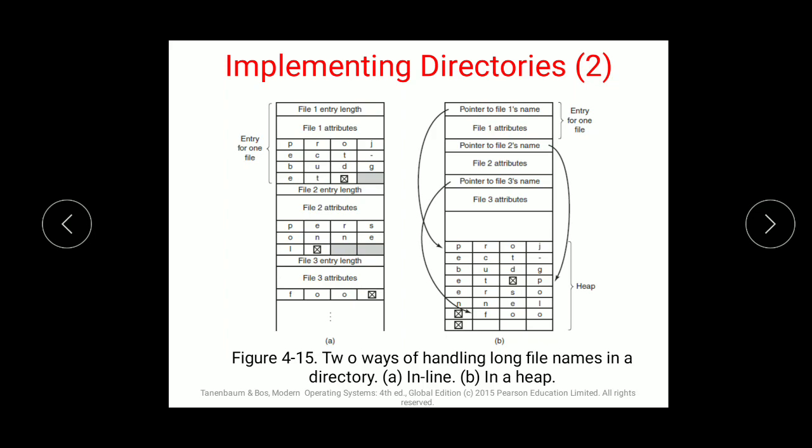Means what? Fixed size of all directory entries is not considered. So now when you go for a new modern operating system, the count of characters which you can give to your file in a directory implementation is 255 characters at a time. So your name can be of 255 characters depending on which OS or system you are using. Since it is not common to have all files with such long names, directory space would be wasted. If you give longer names, your directory space gets wasted, nothing else.